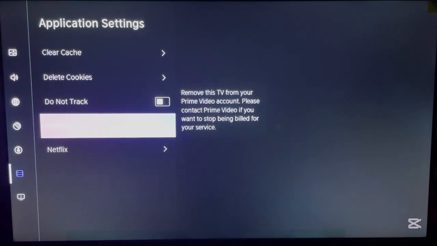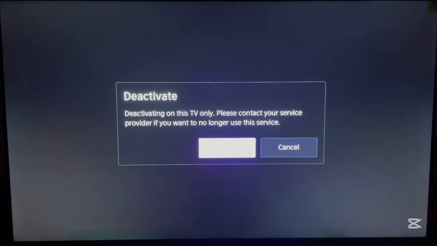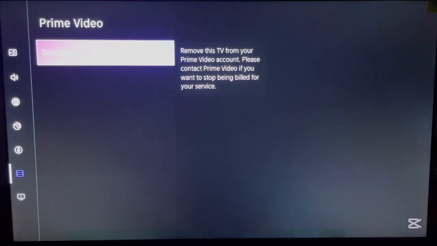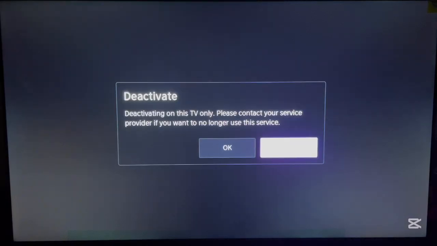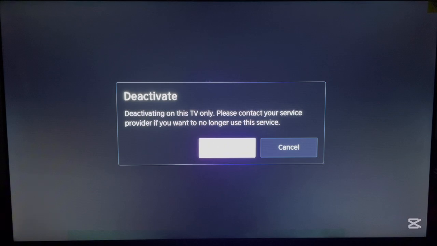So let's say for instance Prime Video. If I want to deactivate the Prime Video application, all I need to do is just click over here. It says deactivating on this TV only. Please contact your service provider if you want to no longer to use this service. If I click OK, the application is going to be deactivated on my Hisense Smart TV. And this is how to deactivate or remove this application from Hisense Smart